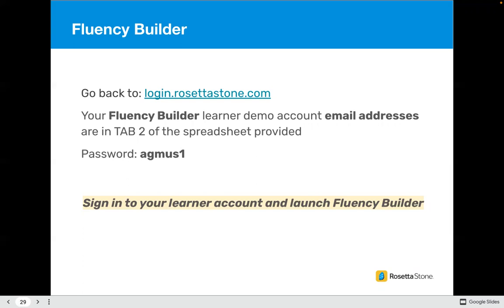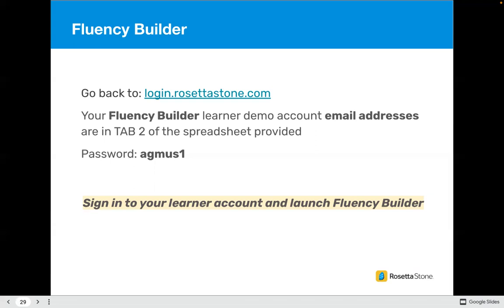So once again, folks, if you're still with us, please go ahead and click into that Google Doc. Again, I put the link in the chat box. And then you can go ahead and choose one of the demo accounts. Now, these are different demo accounts than we used before. And there's a different login website as well. So once you've chosen your username, you're going to click the link to go to